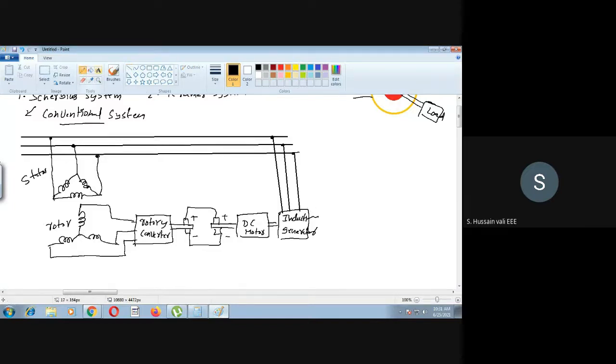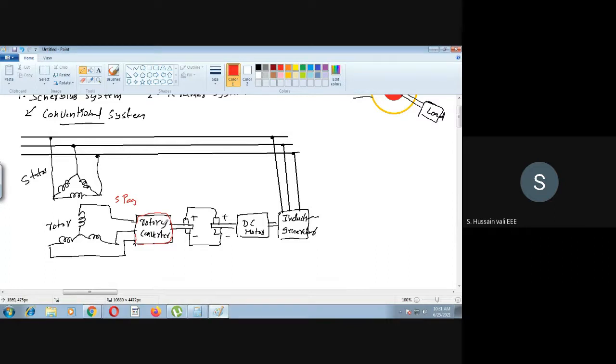Now you look at this circuit diagram. I will just tell you the flow here. I told you we are recovering the slip power. So the slip power you will find at the rotor terminals. You are giving supply to the stator, so the induction motor is working. Now it is driving some load, but we don't need to worry about that load. Then we will discuss the slip power, S into PAG. This power is through the rotor, and this rotor power, that is the slip power, you will give to a rotary converter.